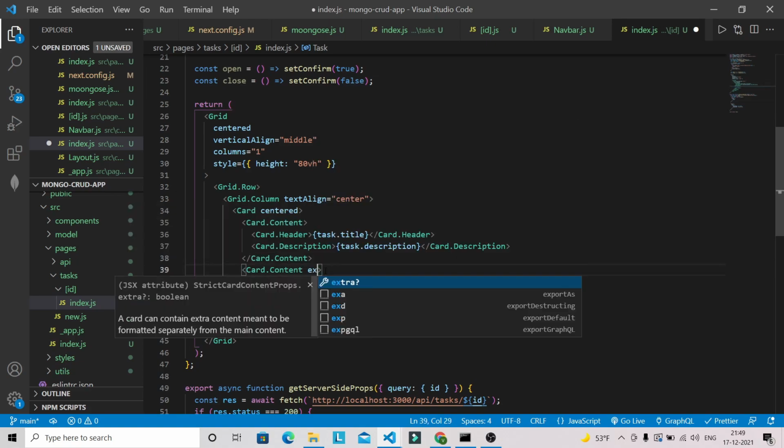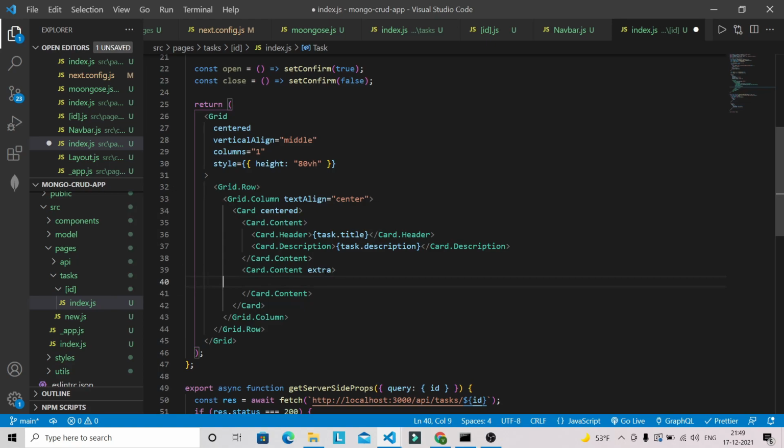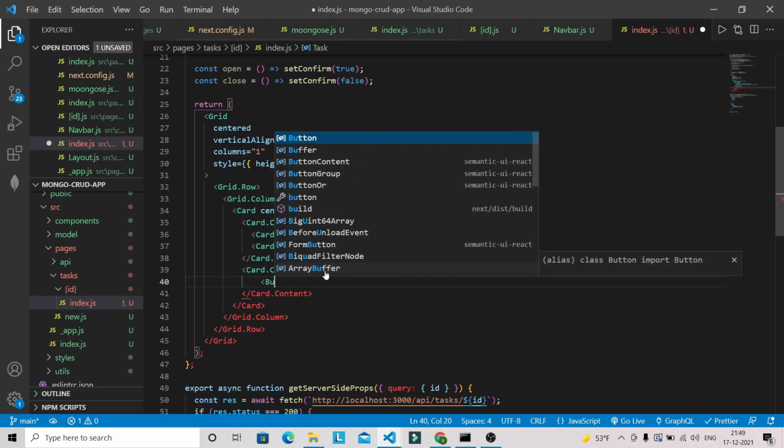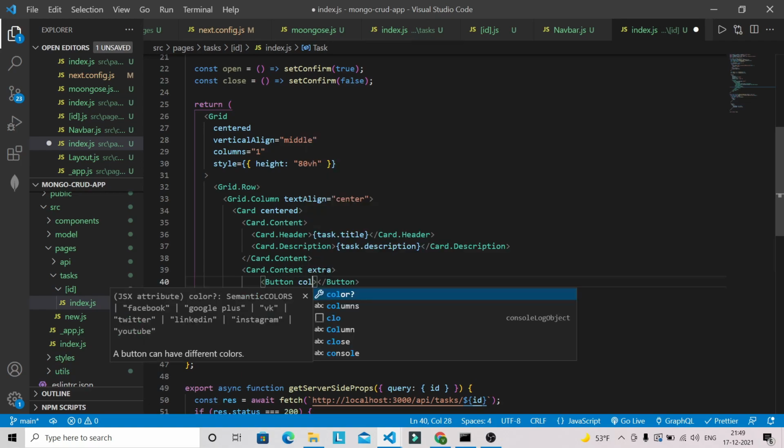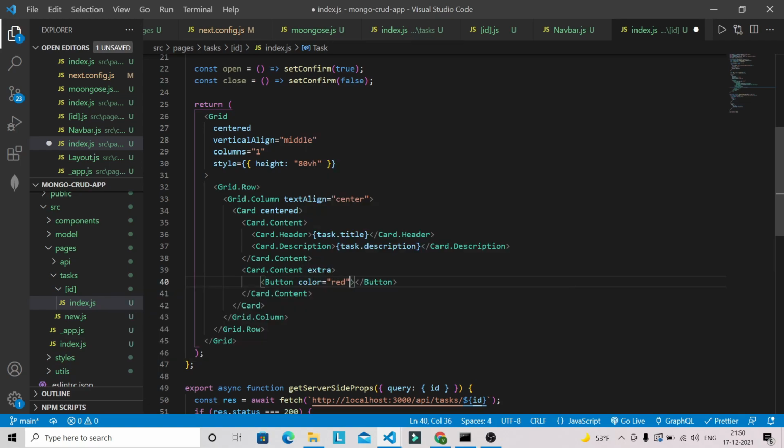So let's pass one extra props here, and we're going to have the button here. We have already brought the button component from Semantic, and we can give the color of the button as red because it will be a delete button. And onClick I want to open a modal, okay.